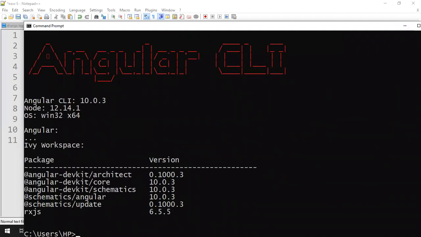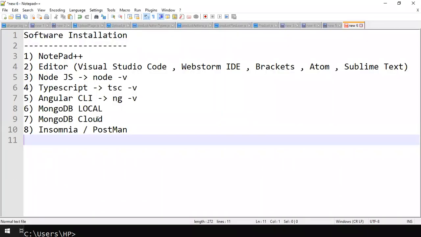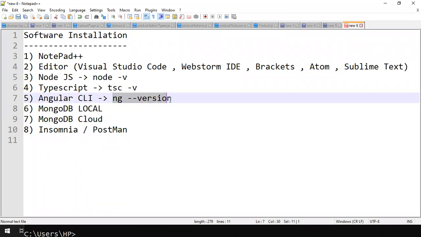Yes, correct. You have to type this command to check what CLI is installed and what Angular version it supports, what release it supports.